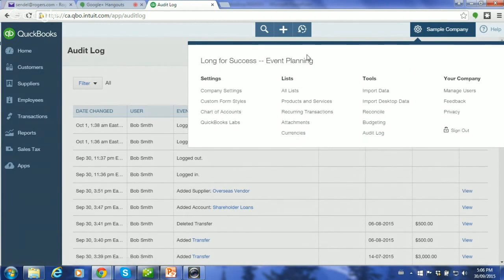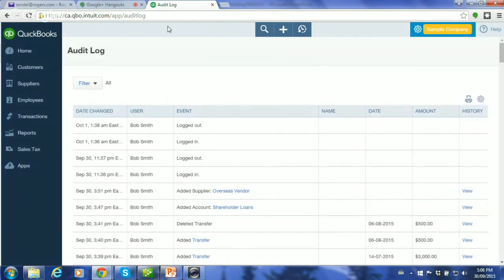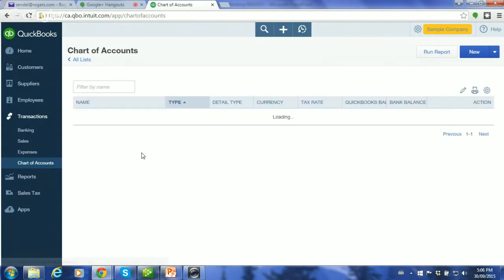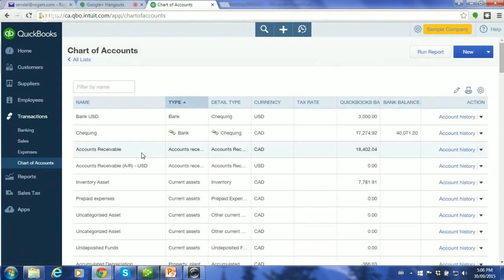The other quick tool that I wanted to show the advanced group as well. Let's say you're working on your chart of accounts, and you want to navigate to other areas. Coming from the desktop world, we're used to having multiple windows open all the time. How do I do that with the cloud? Most of the people I work with, I'm always seeing them navigate back and forth and back and forth. Well, you can go right up here.